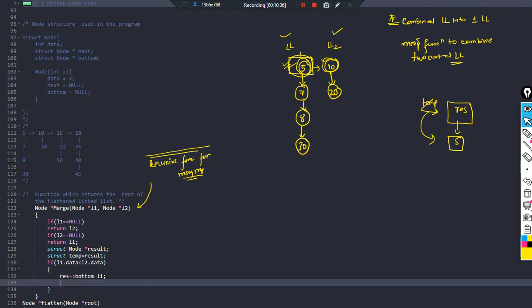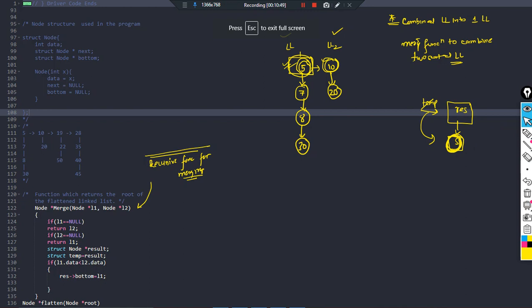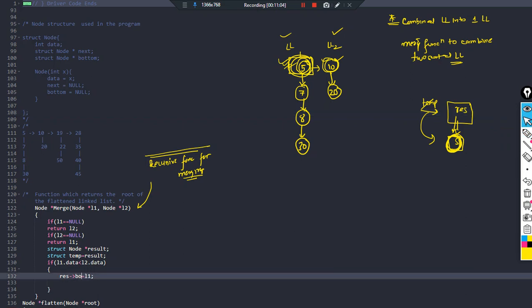So what next? What will be the bottom of this? That will again be decided by a new line. Alright, so what we did is we compared 5 and 10. We found that 5 was smaller, so result should directly point to 5. So result is equal to L1.